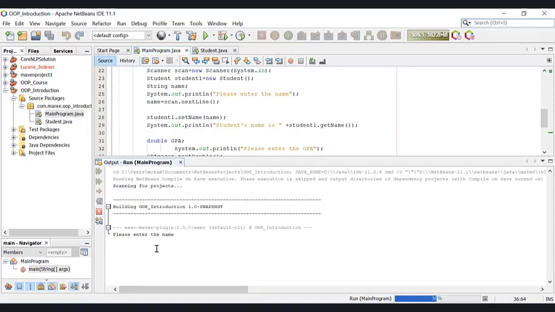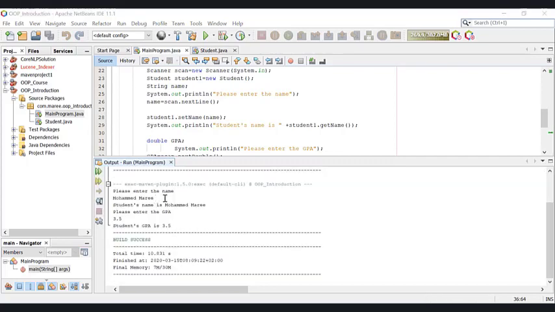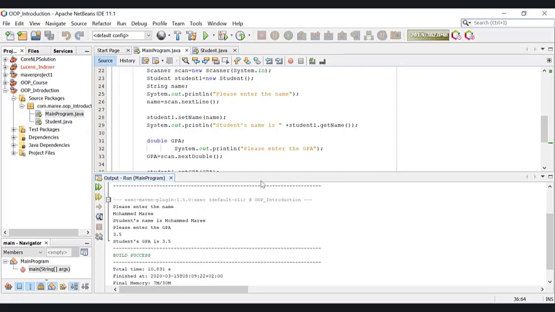So please enter the name. Please enter the GPA. So we are now able to allow the user to input some variable values from the keyboard. For example, the user was able to enter the student's name from the keyboard, and he also was able to enter the student's GPA from the keyboard. Okay,